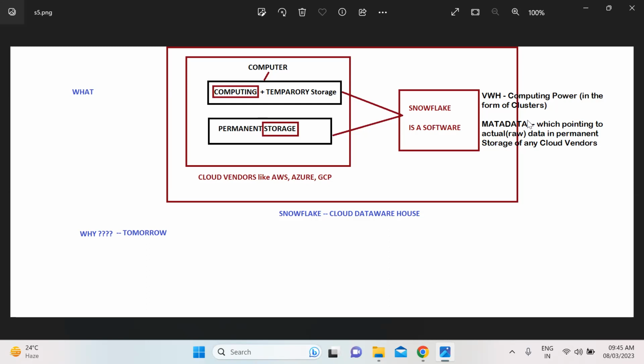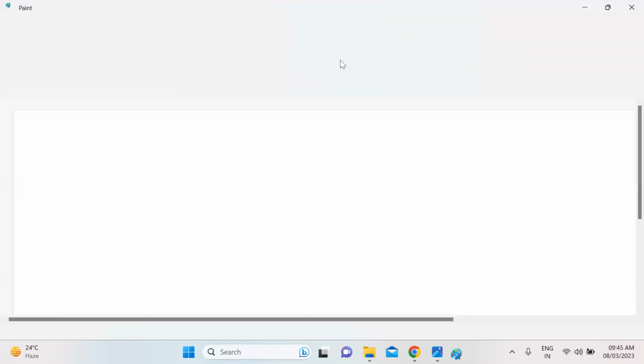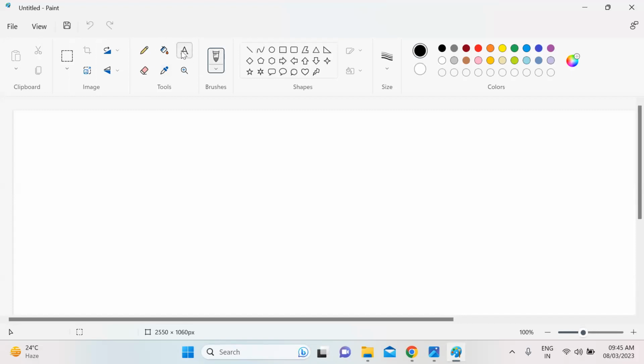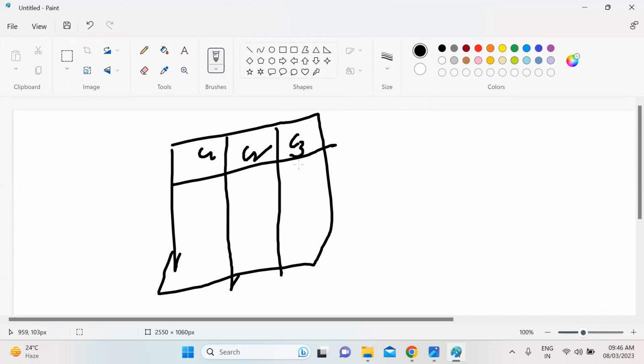Actually, raw data means actual data. Let's say you have a table consisting of columns C1, C2, and C3, and these are the records.